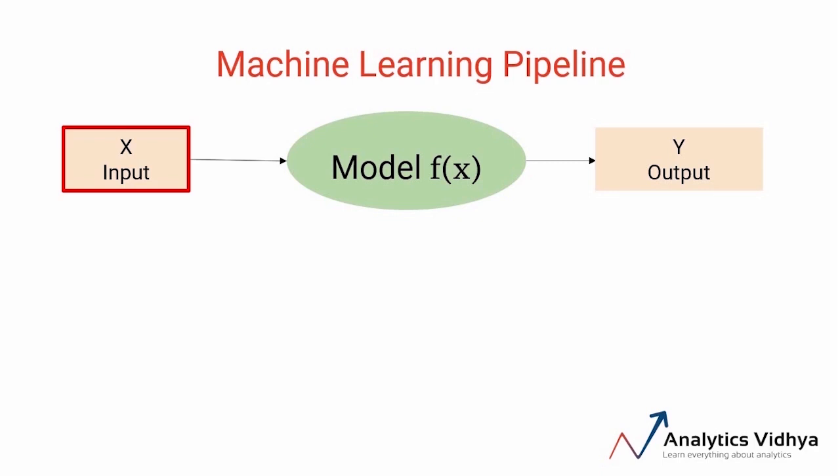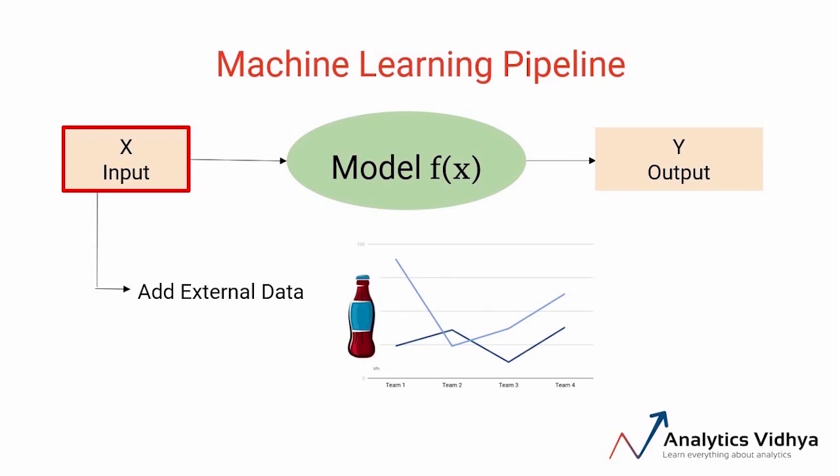We can add more data to the model so that it is able to make better predictions. We can do this broadly in two ways. First, we can add new features or more information to the existing data. For example, if we're trying to predict the daily sales of a product, let's say a cold drink, in a college campus or our office complex. We've been given data for past sales, and using that, we need to estimate the sales for the next 10 days. In this case, introducing a feature like the list of holidays for the next 10 days might help to estimate the sales more correctly.